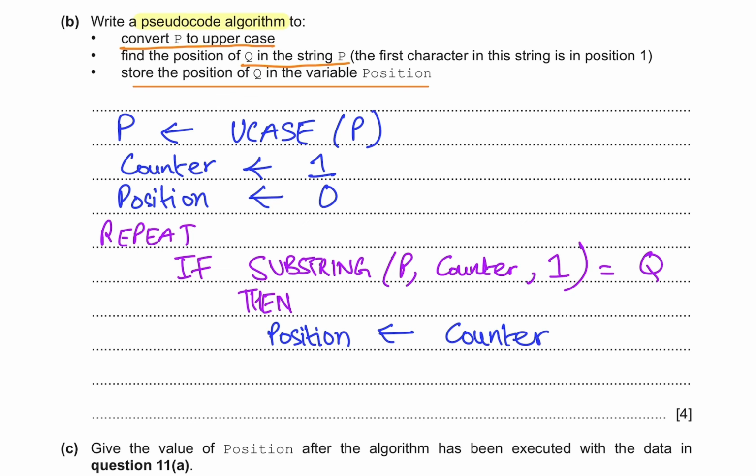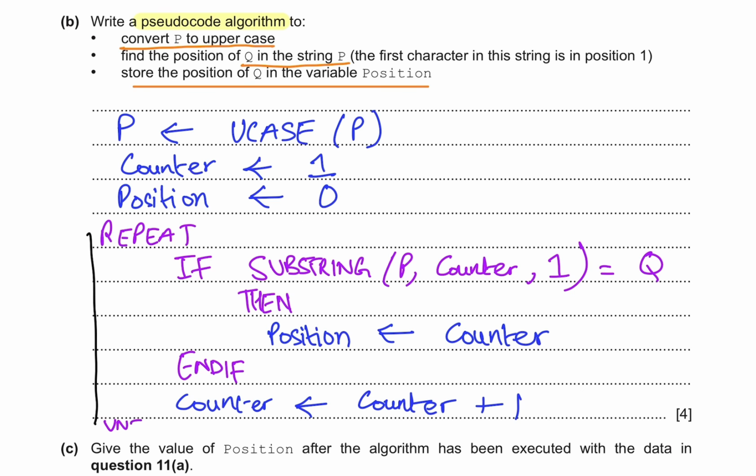Okay, and then you will end if. After that, you could say counter is equal to counter plus 1. The back arrow means is equal to in the pseudocode language. Okay, and then you will end the code here by writing the last statement, which is